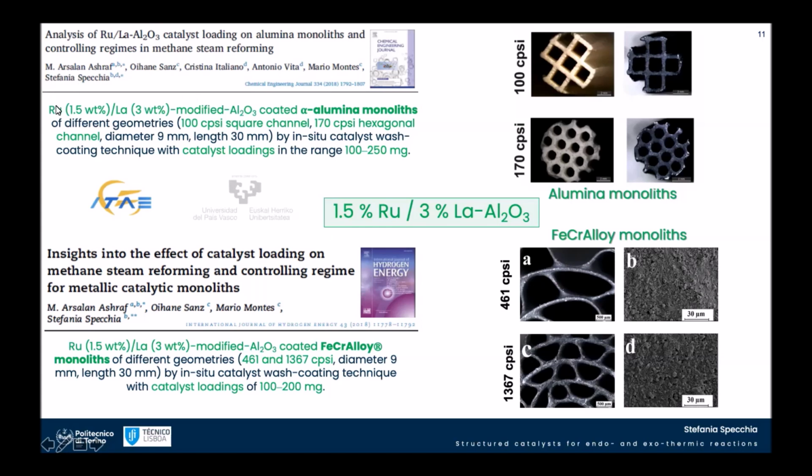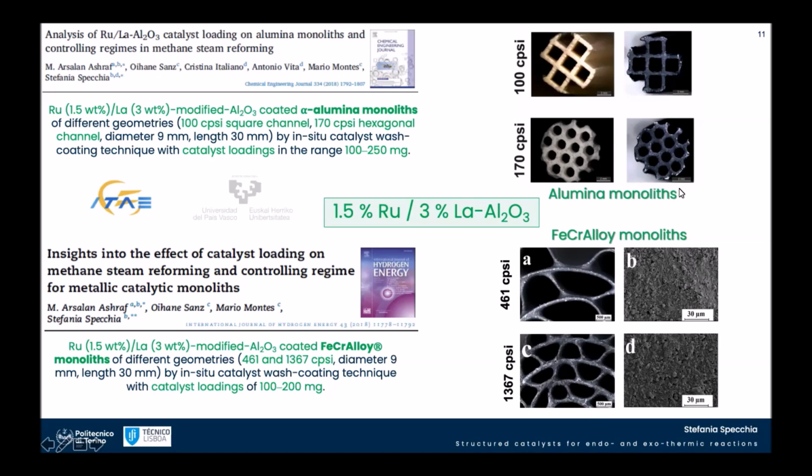So we were using ruthenium 1.5%, because the previous experiments were done with palladium 5%, which is quite high, but there the meaning was more to, let's say, test the concept of the reactor. Here we were more focused on the type of catalyst that we were using. So we use 1.5% ruthenium over a modified alumina with lanthana to increase the thermal stability of the alumina, that we coat on ceramic or metallic